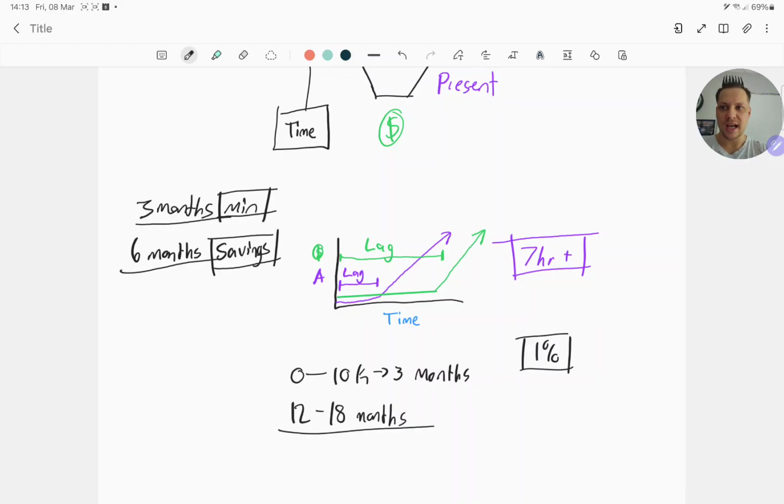It's one of those things. I wish I could give you an easier way, or a good answer to this, but no, there isn't. I don't want to sound too pessimistic when I say it's going to take you 12 to 18 months, but realistically speaking, that's what you're looking at. So focus on building something on the side. And if you do it in 3 months, great. Please make a video on how you did that and share your strategy.